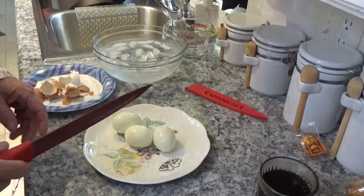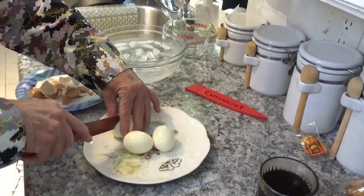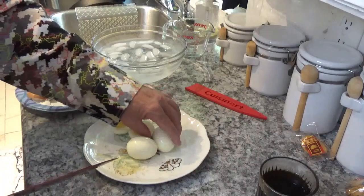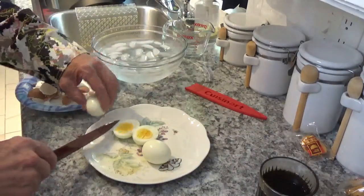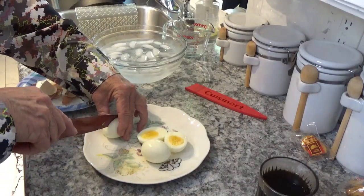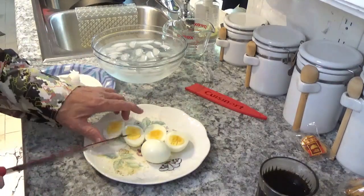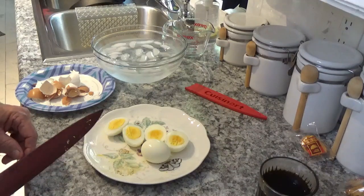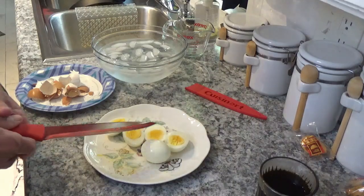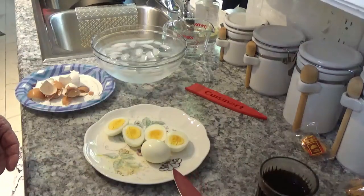Alright, now we'll try to slice them here. Now this is the store-bought egg. Looks pretty good. Now this is the farm fresh egg. I don't think you'd ever tell one. Well, the store-bought egg really doesn't look like it's quite as done in the middle of the yellow as the farm fresh egg. But as far as taste goes,